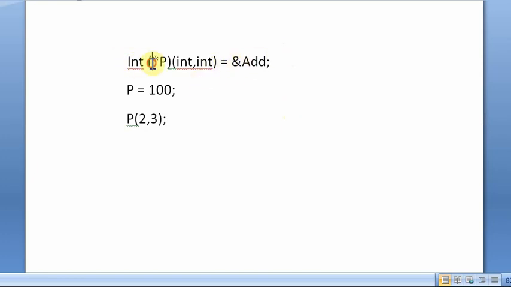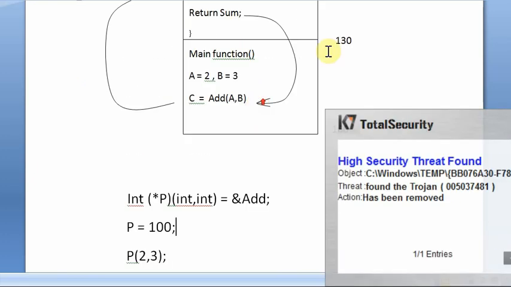I have created a pointer variable p, and the prototype is the same. We are passing two arguments as integers and the return type is int. The prototype should always be the same if we want to call the function through our pointer variable. So it will store the starting address of this function, which is 100.